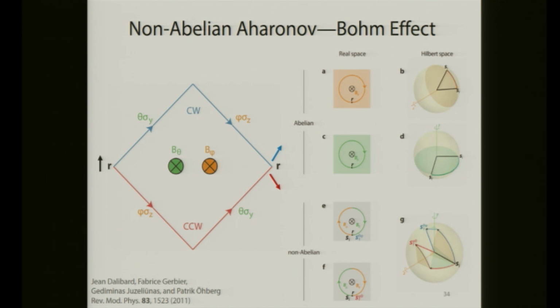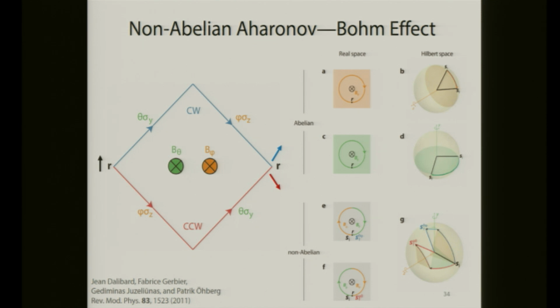And what you need to do is to swap them, theta and phi, in the upper path and the bottom path. You need to swap their order. And by this simple Bloch sphere analysis, you can find that depending on whether you go from the upper path or the lower path, the orientation of the spin or pseudo-spin actually is different if you are combining them at the final interference point.